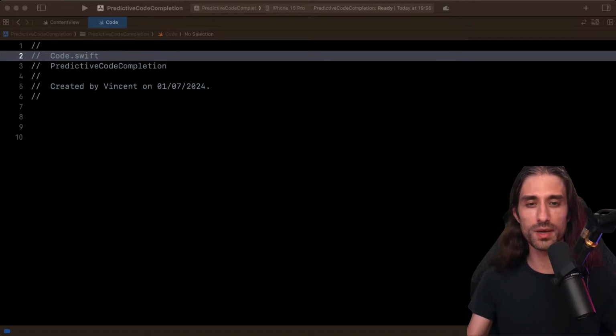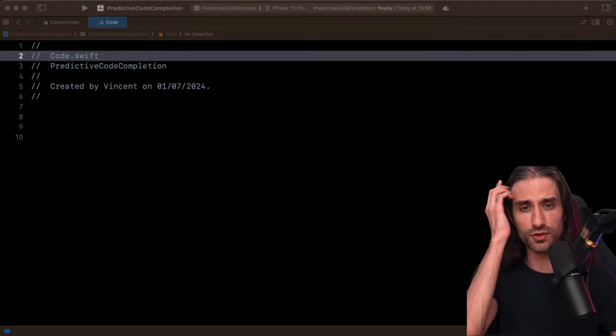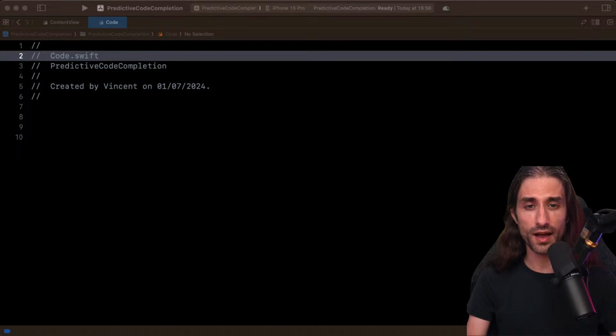What do you need if you want to replicate what I'm going to show you? As of right now, July 1st, 2024, what you need to use predictive code completion in Xcode is first the beta of Xcode 16. Then you need to run the beta on macOS Sequoia, which is currently in beta. Also, it's the next version of macOS. You will need to download the model for predictive code completion, but Xcode will prompt you to download it, and you will be able to do it in the same screen where you can also download the iOS runtime, the tvOS runtime, the visionOS runtime. It's done at the same moment.